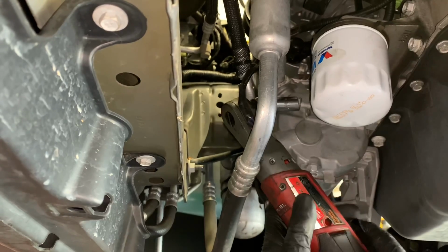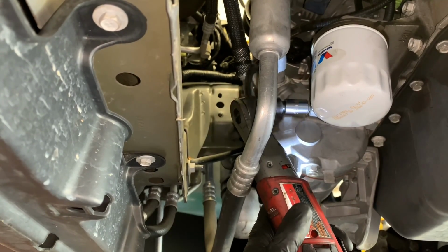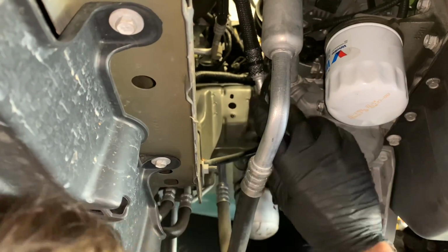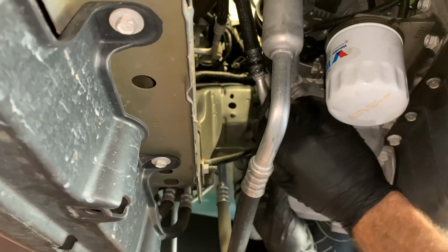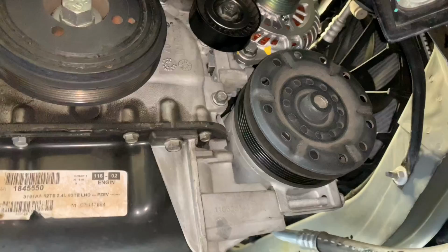I just used my cordless ratchet here to run them in until they were snug, and then gave them about a quarter turn more. After you get all 3 of the bolts snugged up, then you can go ahead and plug the electrical connector, and any of the wire looms that it may have been clipped to that's holding it in place, go ahead and reconnect all that stuff. Okay, now that the compressor is secure and the electrical connectors are reconnected, we're going to move on to putting